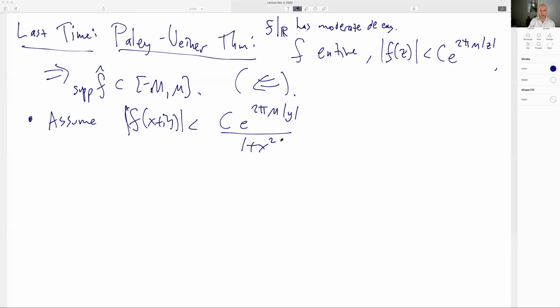If that's true for all x and all y, then there's no problem reversing orders when you put in the integral, there's no problem pulling contours, right? We pulled contours,